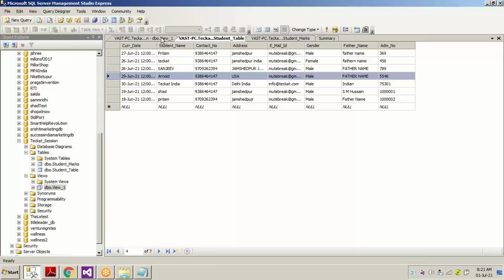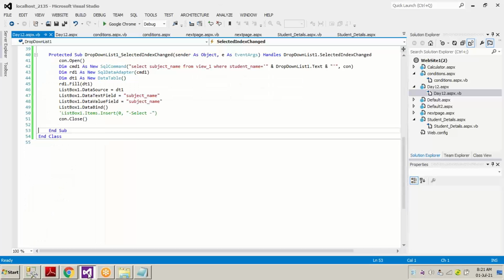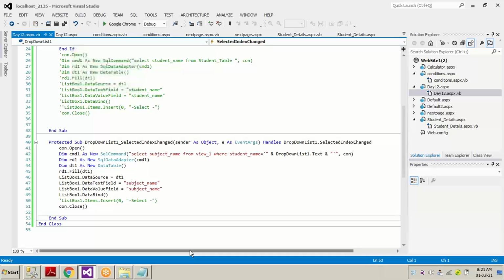And as we know, we pulled a few fields from student marks, and we created a view, a query, which contained two tables in a relation between them. And we are using this particular view for the execution of the project.